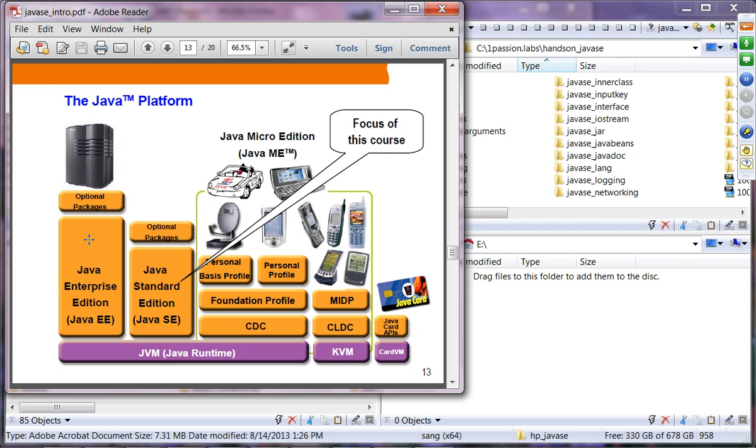So Java EE is a superset of Java SE, adding enterprise quality features. Then we have Java ME, which has a different set of technologies, which we are not going to talk about that much in this course. And at the bottom, you have Java Card. Again, the focus of this course is Java SE.